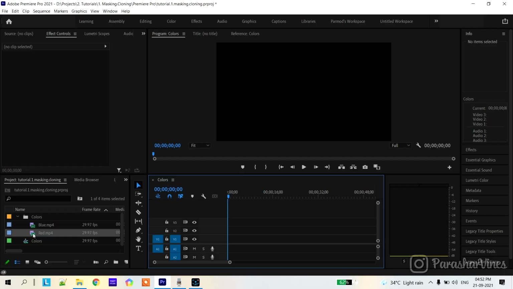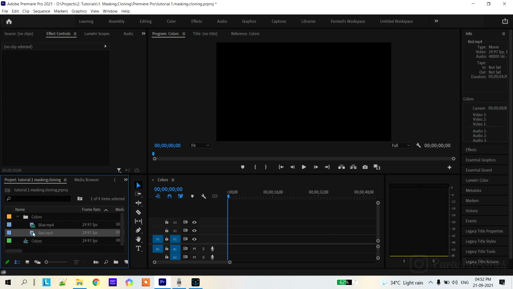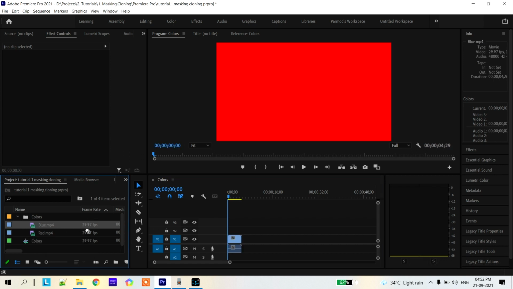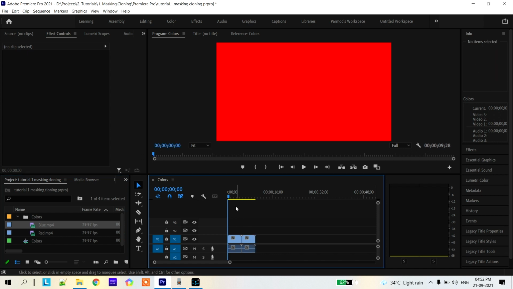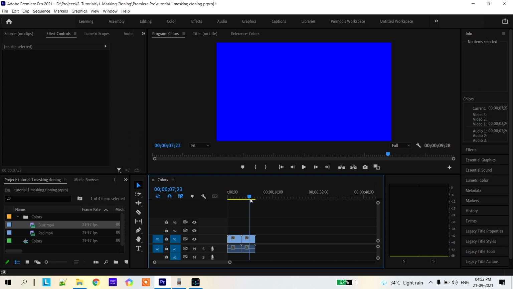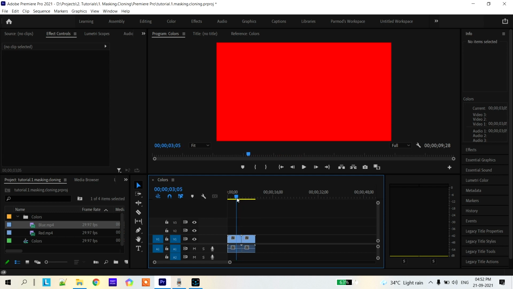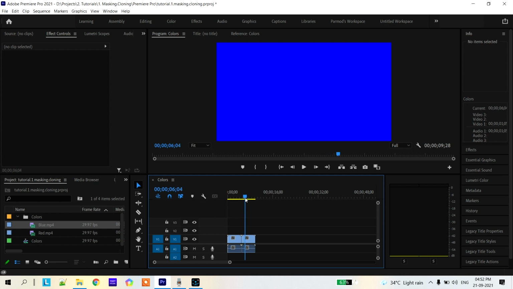So for a demo purpose, let's suppose we have these two videos. Let me drag and drop them to our timeline. This is red and this is blue. And as the name suggests, the red one is showing only the red color and the blue one is showing only the blue color. It is fine as the first one, the red one, completes, the second, that blue one,